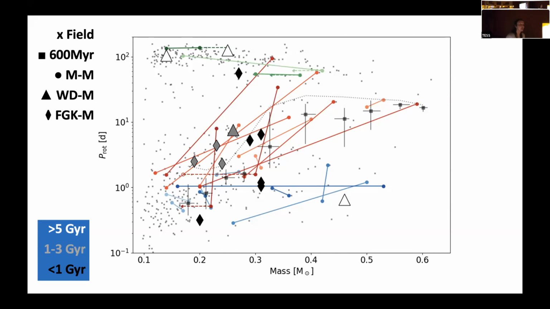But when we went back to look at the Praesepe data, what we found is that there are stars with similar masses and rotation periods in Praesepe, but they'd been missed in previous studies that used K2 to get the rotation periods, and K2 wasn't able to get such a long rotation period.